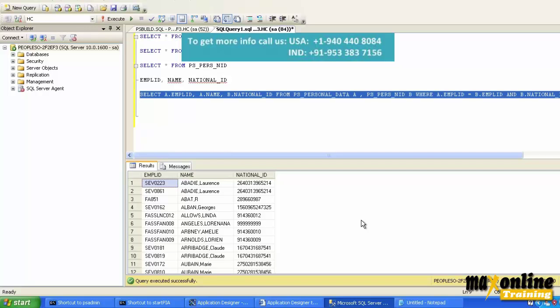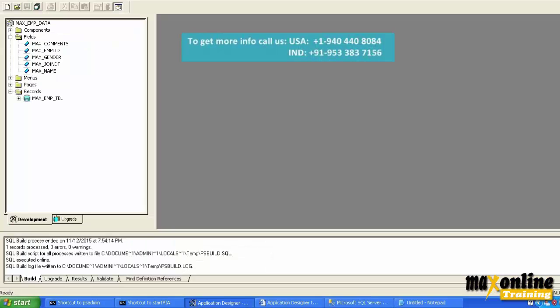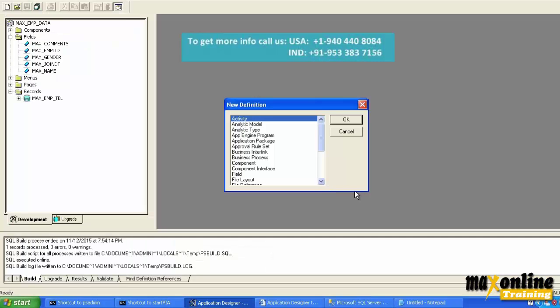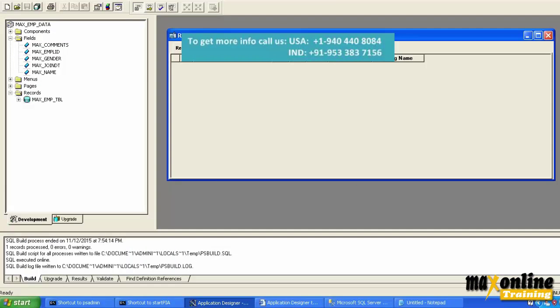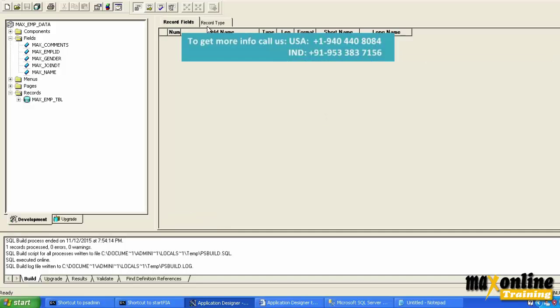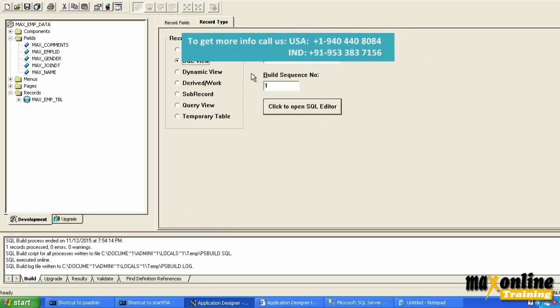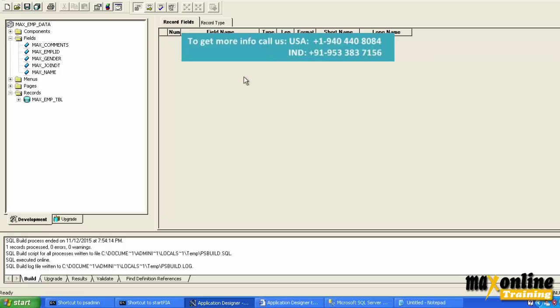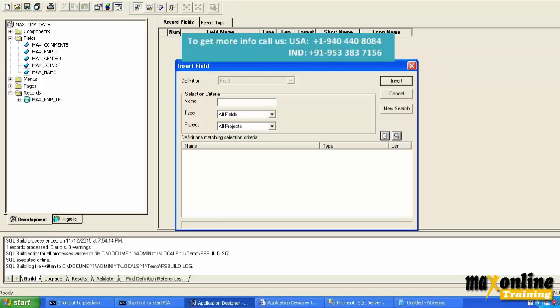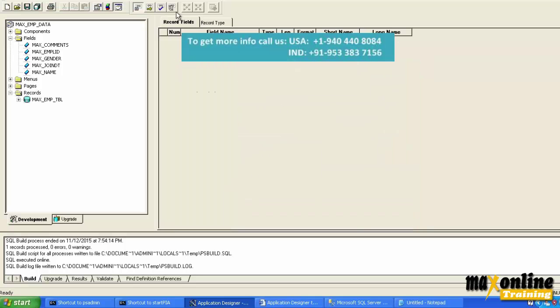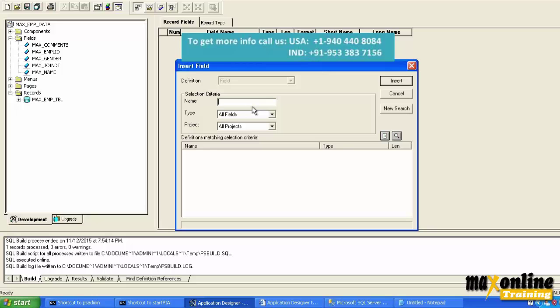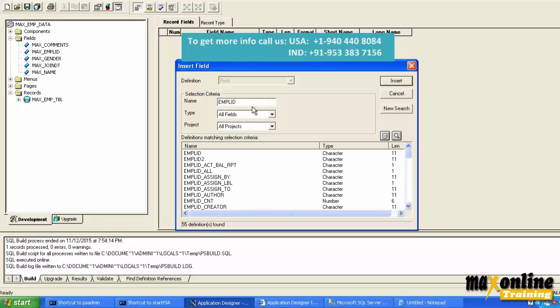But now I am going to use a view. I am going to create a view now. A view is nothing, it's a record, but I am selecting my type of the view as SQL view. Now, in this record structure, I need those three fields. I'm inserting the fields by using the simple option, insert field. You can create the field on your own, or you can use an existing field. I'm using the existing field, employee ID,